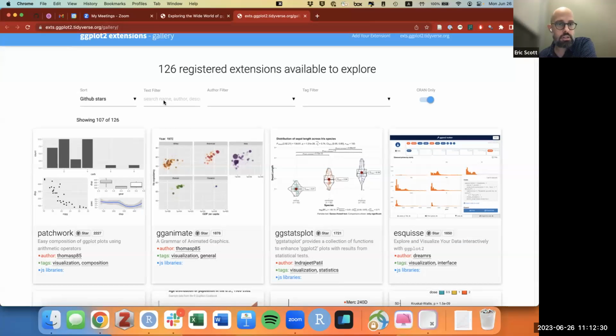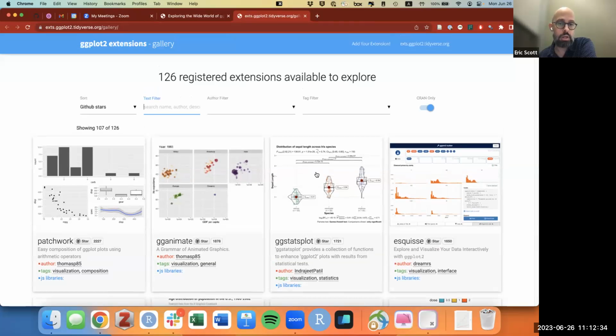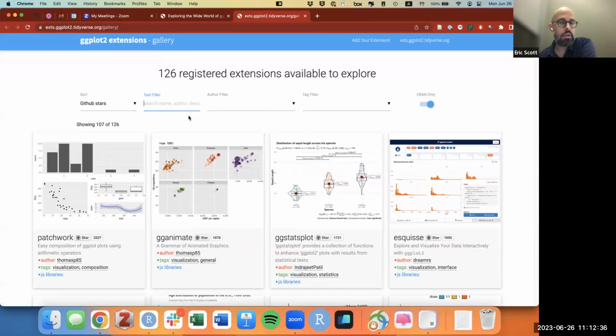And you can search this by what it does. You can scroll through it to just browse. Right now it's sorted by default by GitHub stars. And so this is basically a popularity measure, like how popular it is. The patchwork package, if you were at the part 2 workshop 2 weeks ago,